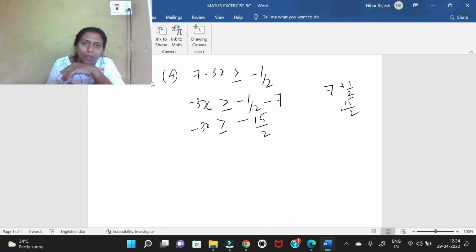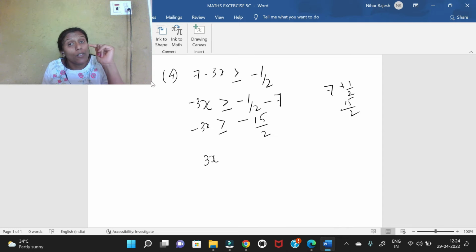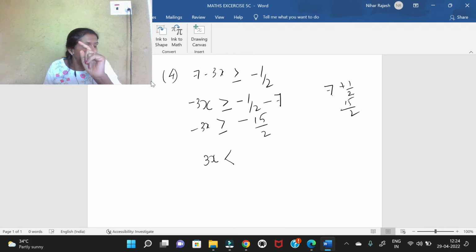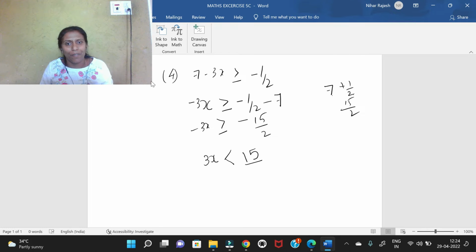Alright. Now, this becomes 3x. What am I doing? I am changing the sign. So, the minus got changed to plus and therefore, the relationship also gets changed and this side also the sign gets changed and therefore, this becomes 15 by 2. So, if that is the case, I can divide by 3, which becomes x less than 5 by 2. Also, yeah, so x is less than 5 by 2 and therefore,